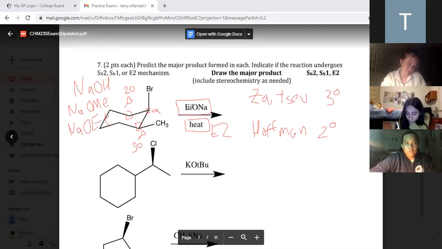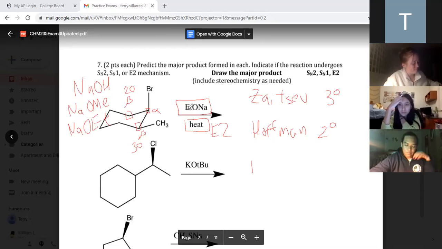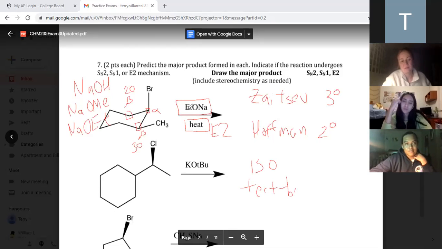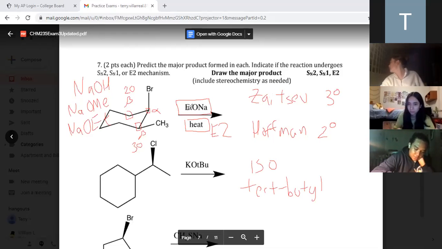So sodium ethoxide, right? This is the OEt-. Is this a small base or a bulky base? Bulky. Nope. What was the one thing I told you that you need to look out for to see if it's a bulky base? Oh, t-butyl. If I see t-butyl or tert-butyl in the name, that is my dead giveaway that those are going to be bulky. So sodium ethoxide, not bulky. It is going to form the Zaitsev product.